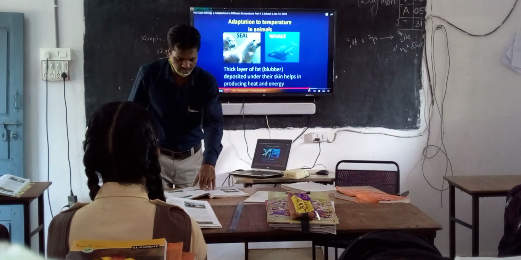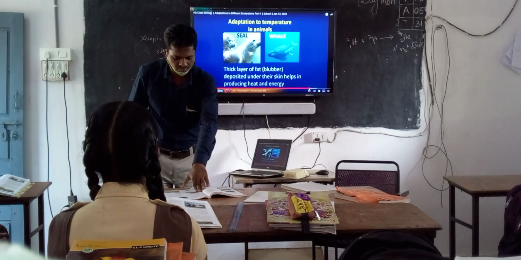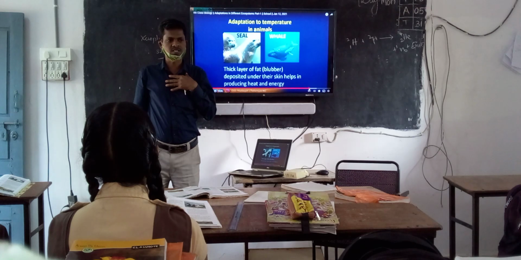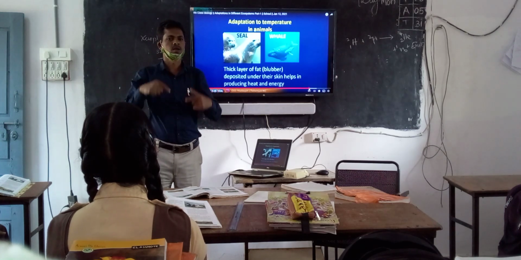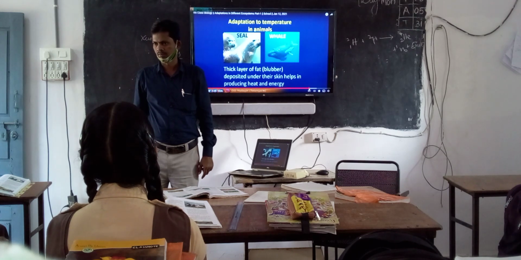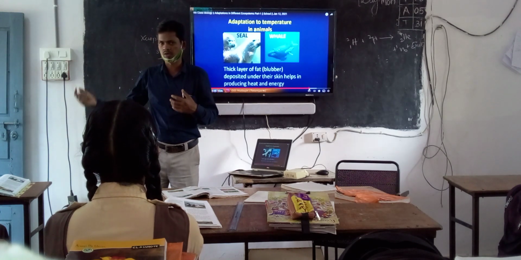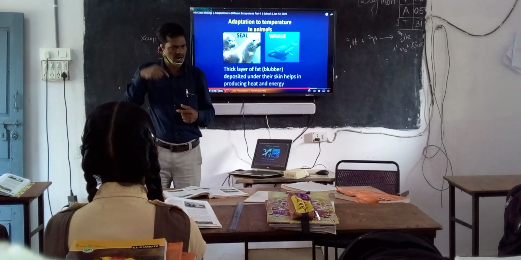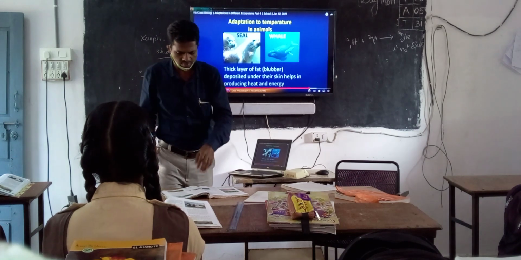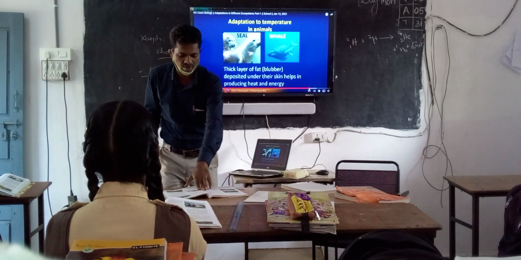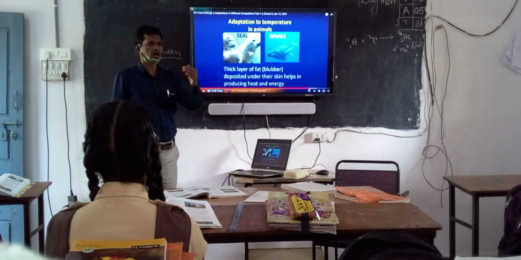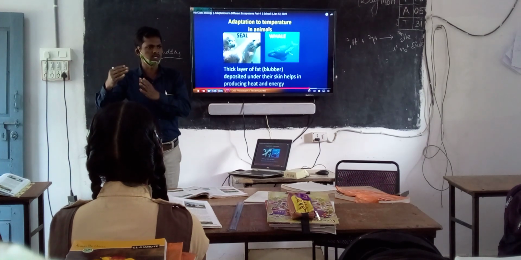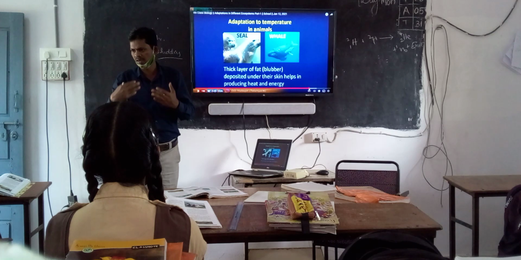Body heat changes occur due to increase or decrease in atmospheric temperatures. Our body temperature changes according to the surrounding temperature. If it is very cold, automatically we start shivering. Our body temperature also changes according to the external environment. So these changes greatly affect the life of organisms in different situations. According to the cold season, our body will also start shivering.